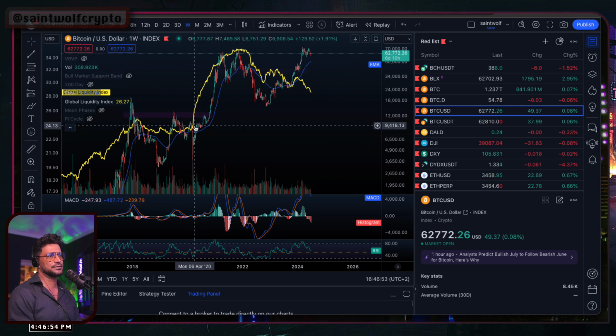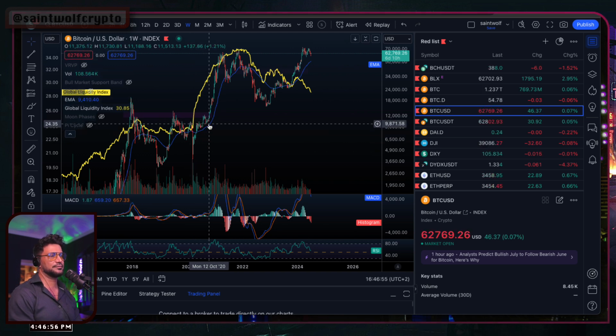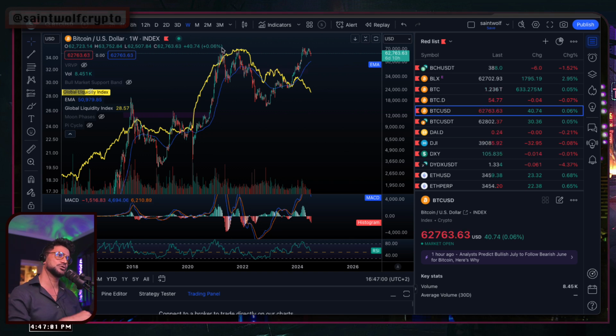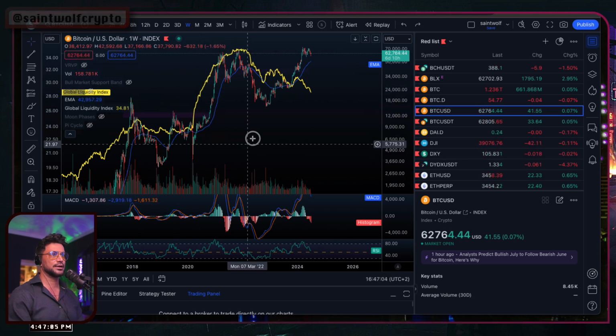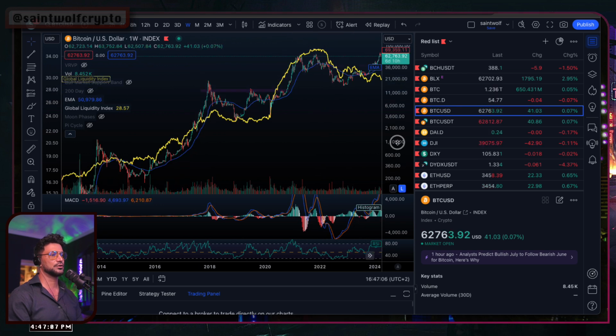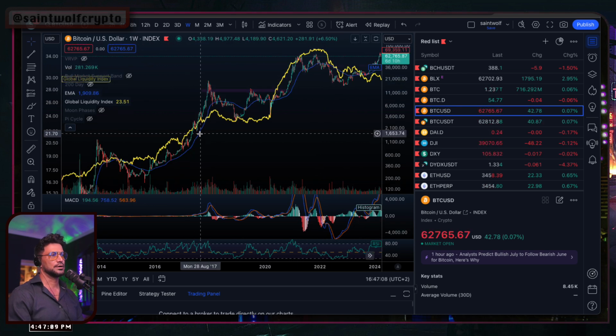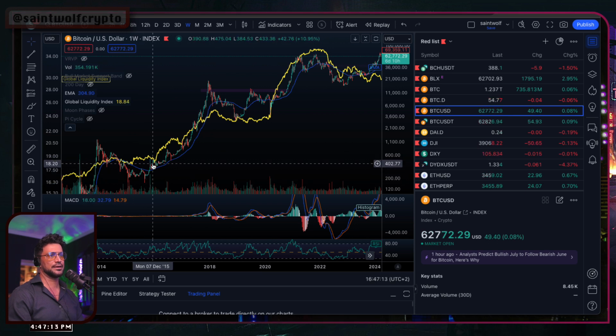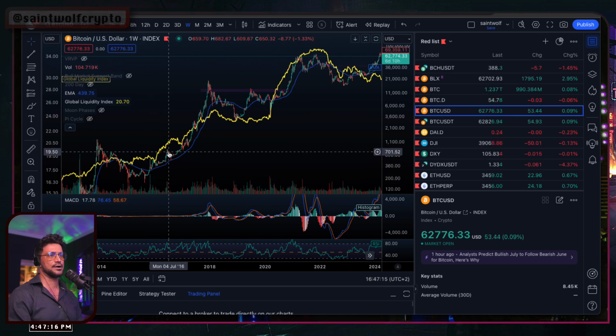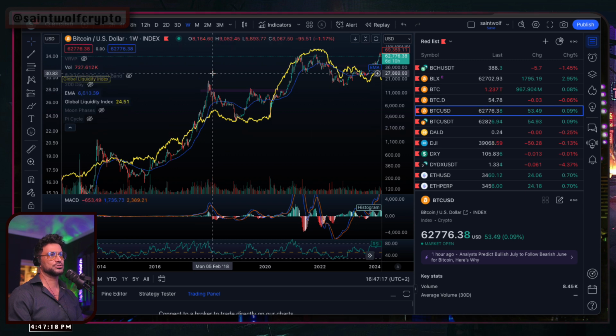And we've seen every time that it does this above the 52-week and then launches and goes crazy and floats above it, into its bull run, this is going up always. The GLI is always floating up. You can even go back to here, where we got above the 52-week EMA, kind of like what we're doing now, and we're dancing above it, and then it just launches and floats above it.